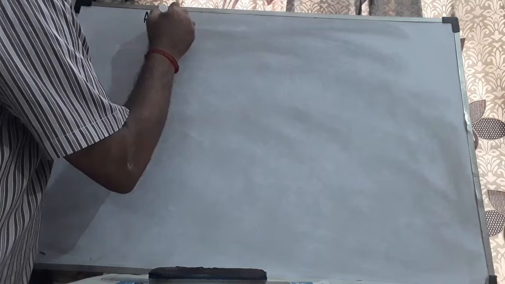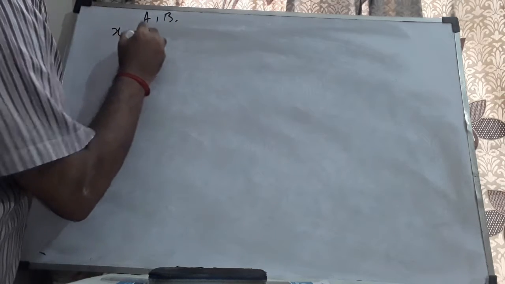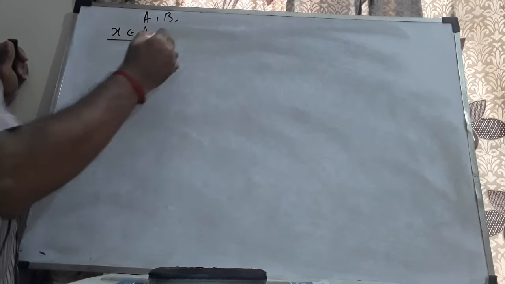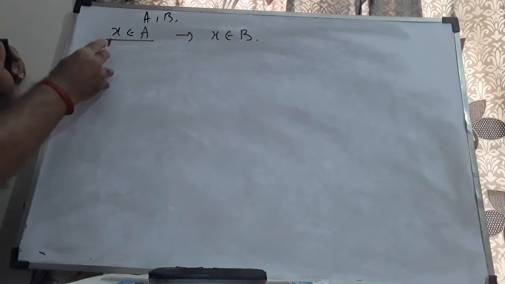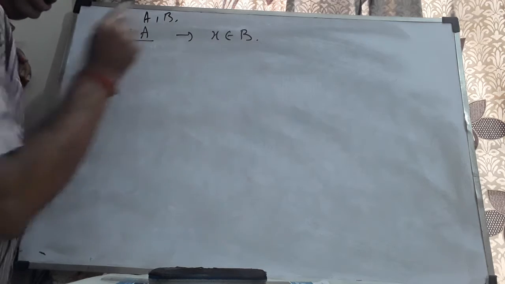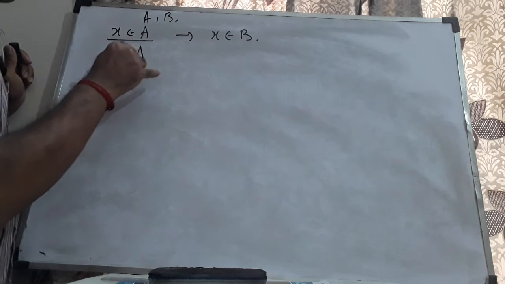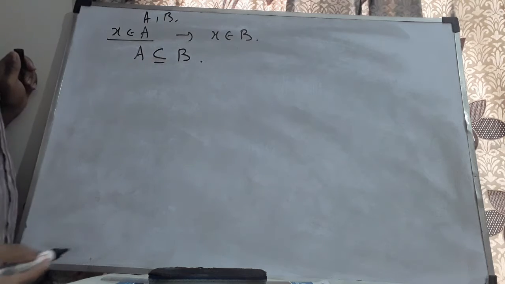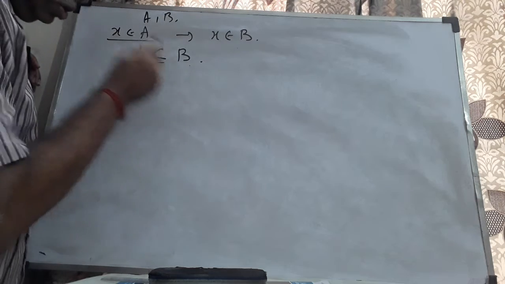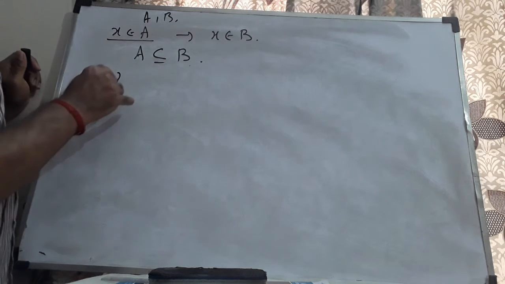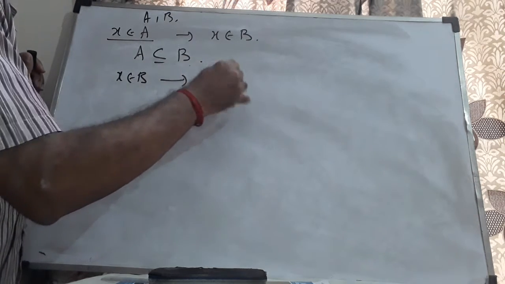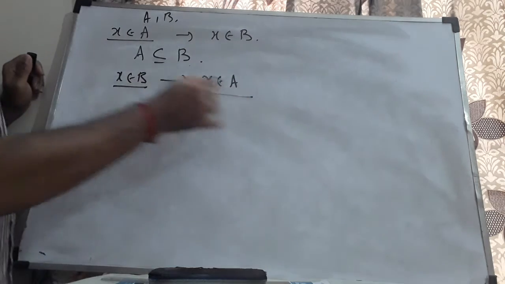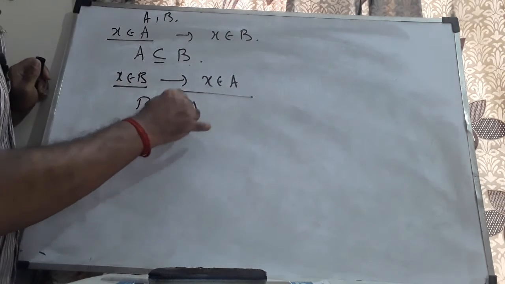Just to prove two sets A, B to be equal algebraically, I'll take an arbitrary element x in A and prove that x is in B also. By taking an arbitrary element here and proving it is there in B, I mean to say that all the elements of A are also there in B. Therefore, we come to the conclusion A is a subset of B. We take an arbitrary element in B and prove that it is in A also. Therefore, all the elements of B are also there in A. Therefore, B is a subset of A.